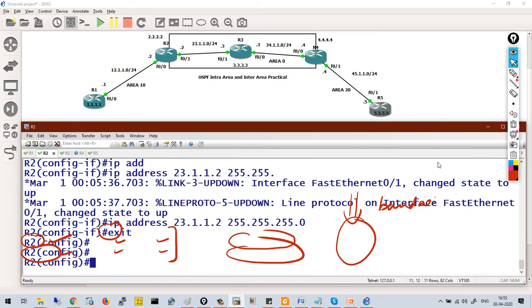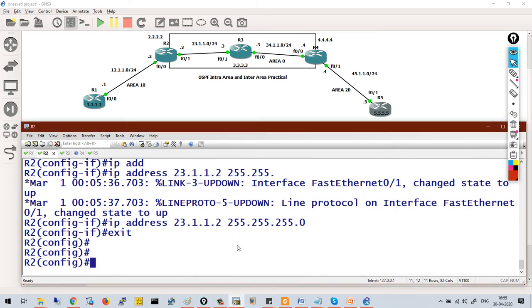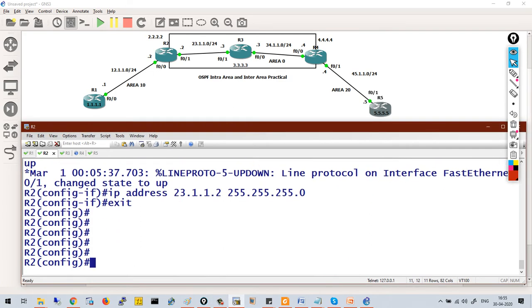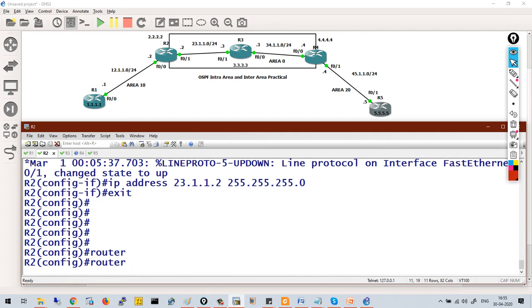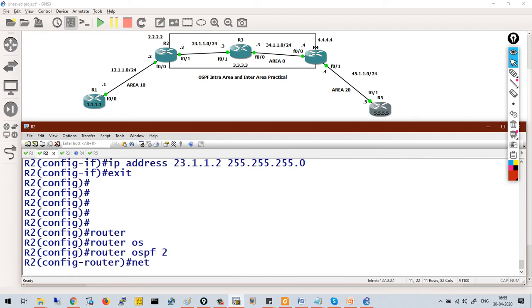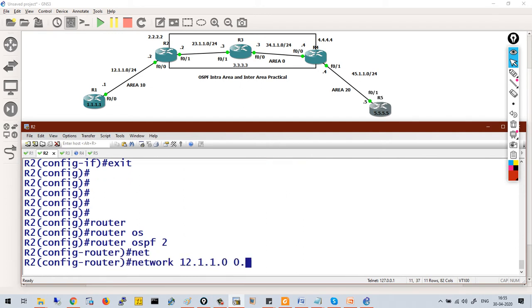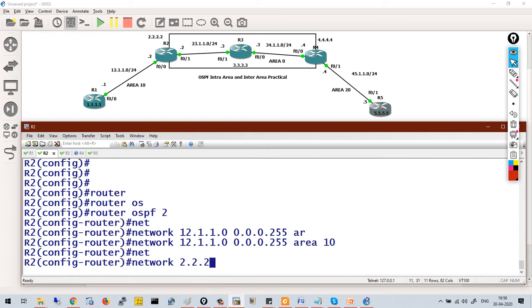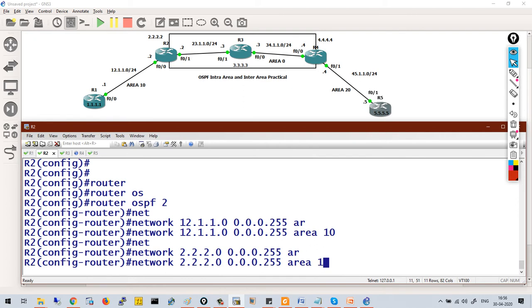Next, let's configure R2. As we know, R2 is a member of area 10 and also area 0. So I will go to router ospf 2, network 12.1.1.0 0.0.0.255 area 10. Next 2.2.2.0 0.0.0.255 area 10.